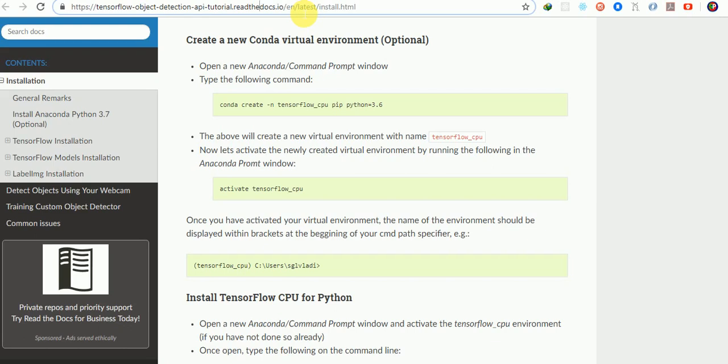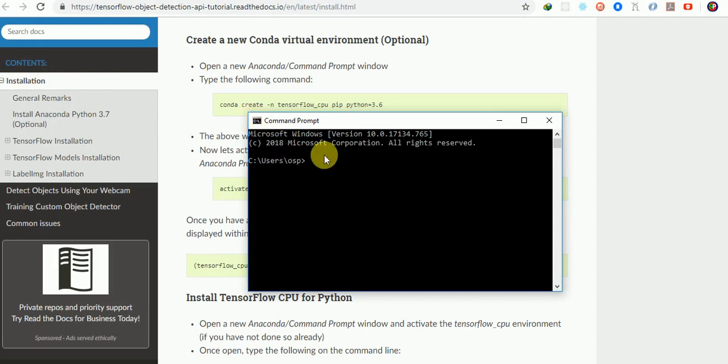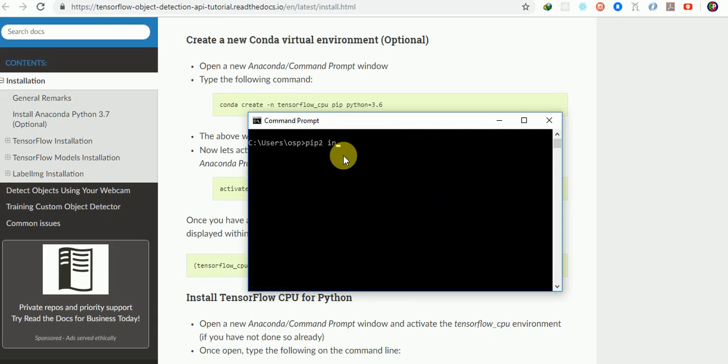Now, my friends who are using Windows, believe it or not, we have a big challenge of installing TensorFlow on Windows. If I go to my Windows command line, remember, I have Python 2 installed on my machine and I also have Python 3 installed. So if I type Python 2 or Python 3, whatever Python you're using, install for me, maybe pip2 install